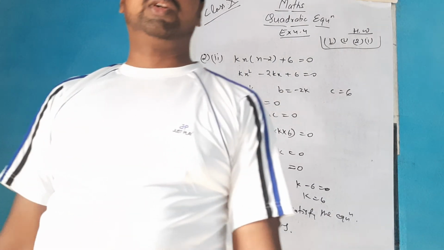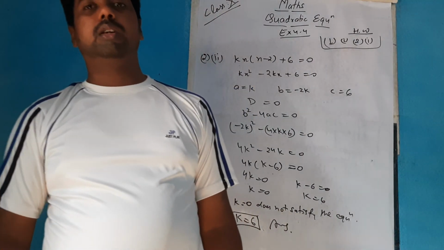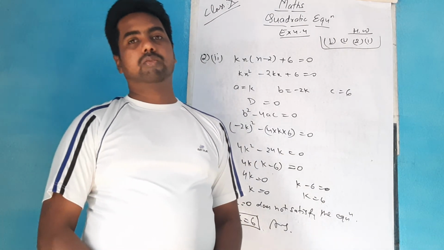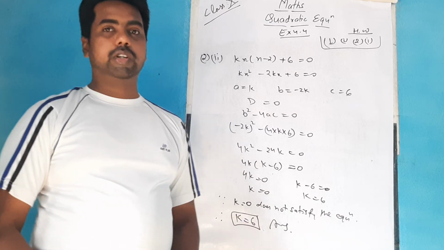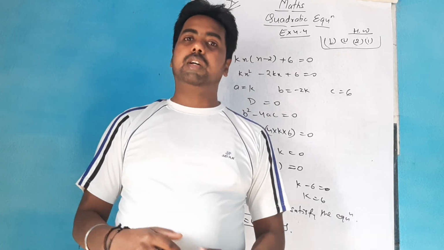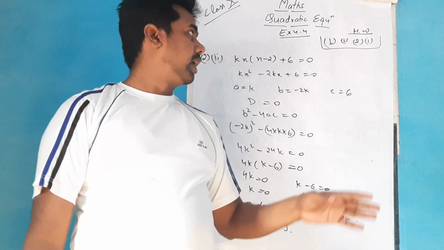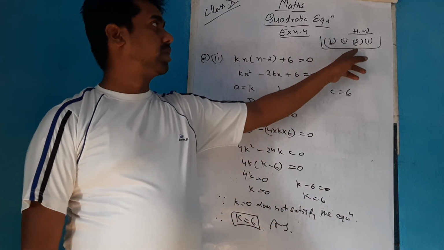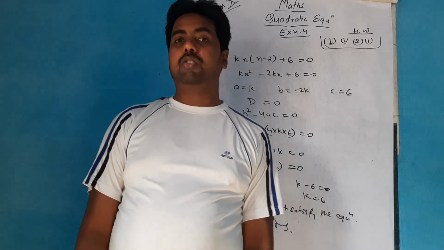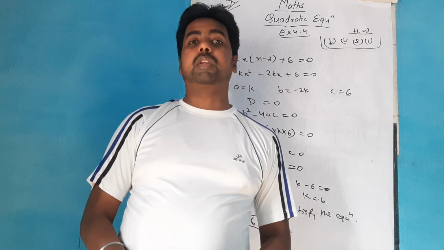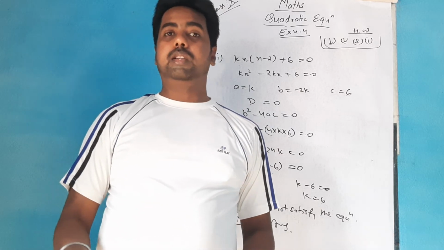So this is all about today's class. Today we have discussed the nature of roots and questions on the basis of the same. From the next class onward, we'll start the word problems of the quadratic equation. Although I have done the quadratic equation word problem of the first exercise, I'll repeat it again. And this question, first part, and the second question, first part, is homework. Do solve these two questions in your class or copy as homework. And till that time, stay safe.